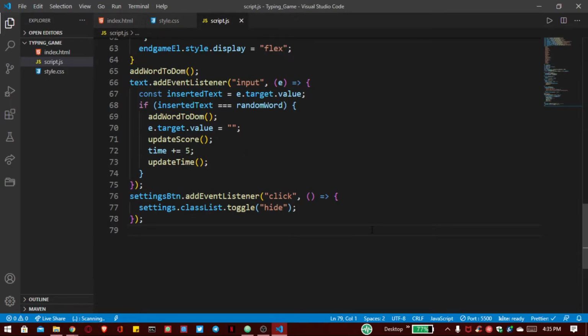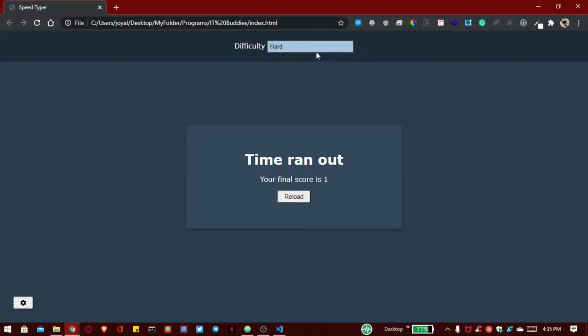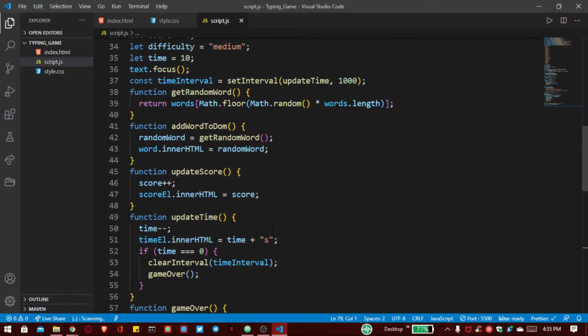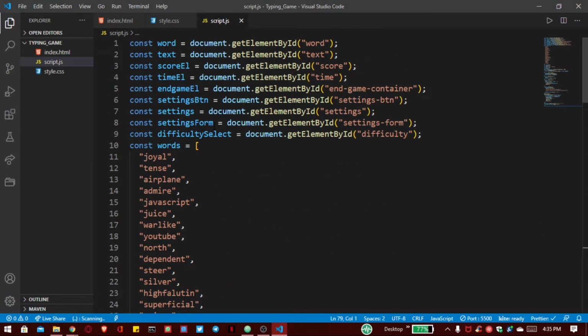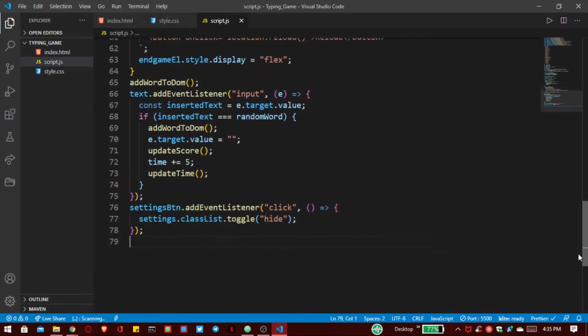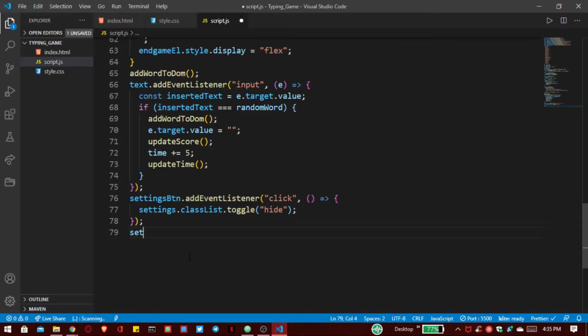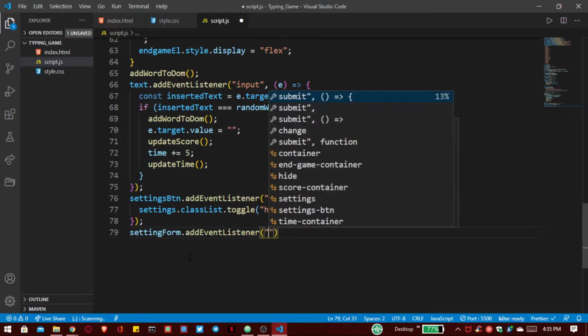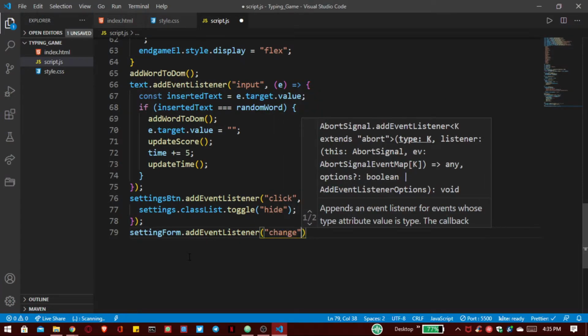Here we have to apply another event listener like this change functionality so we can change our difficulty. So for that we use this settings form element because the difficulty is inside our form. So let's use here settings form dot add event listener, and here we have to add event listener that is change.